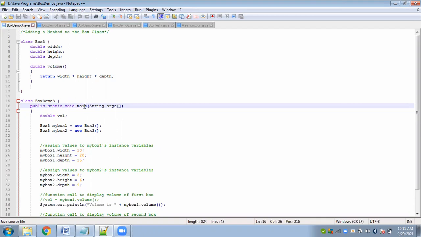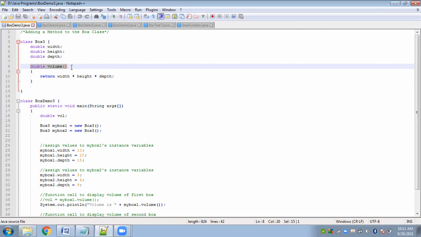It contains the main function, and inside the main function we will be creating, as you can see here, we have not used the static keyword here. The data members of this class and the member function of this class are non-static, which means they have object scope. And what is object scope? It means if I am to access the volume or the width, height, depth of this class, I can do that only by creating an object for this class.